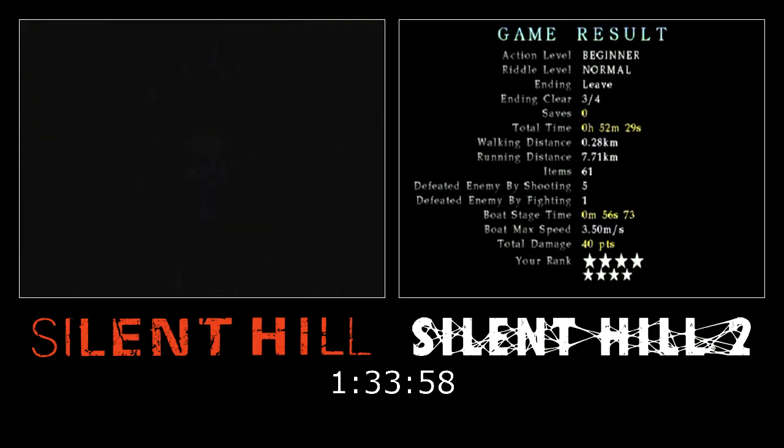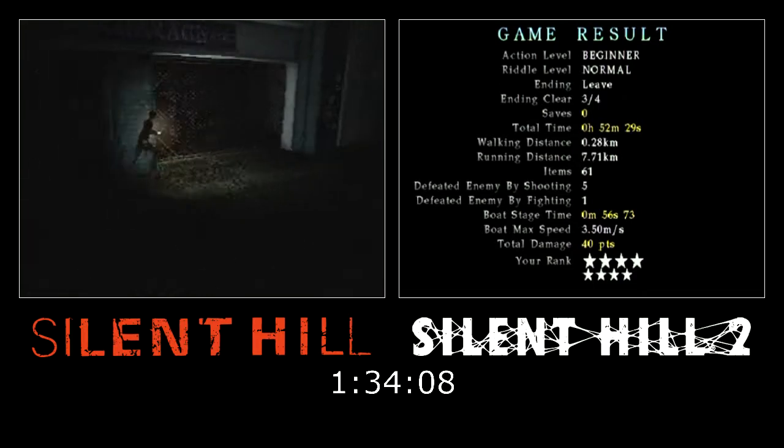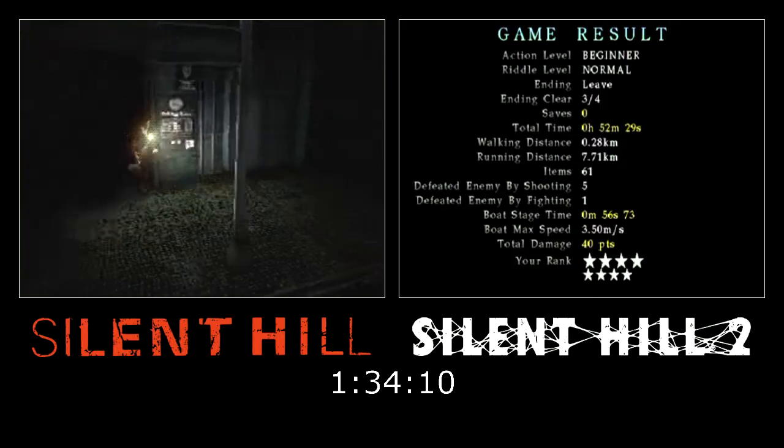The only difficult part really is the puzzle screens with the cursor. So like the piano puzzle, I just took that super safe and slow.